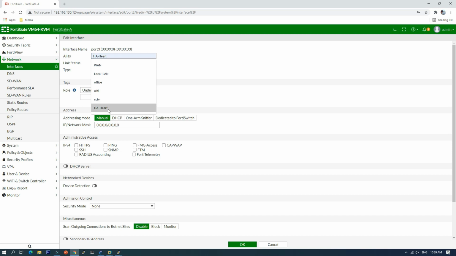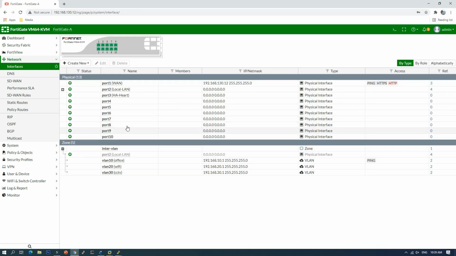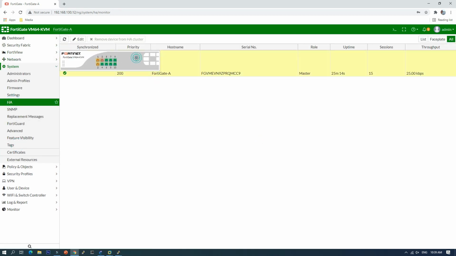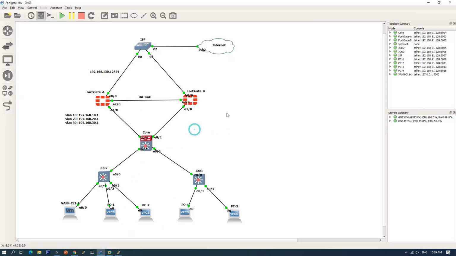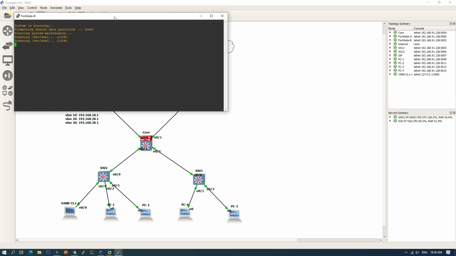Okay, I want to rename it HA heartbeat, so we know that this is the link that we use for HA. Now the HA cluster can see only one member. Okay, we go back to our FortiGate and wait for FortiGate B to start up.